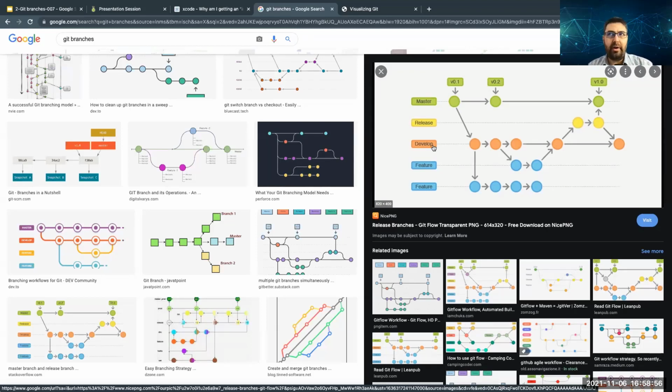Develop branch is one of them, and the feature branches are the others. For example, you have one feature, you create a branch, you make your change, and then you merge. Again, you have another feature, you just fork it from the branch that you want. For example, develop, just fork it. Just create a new branch.